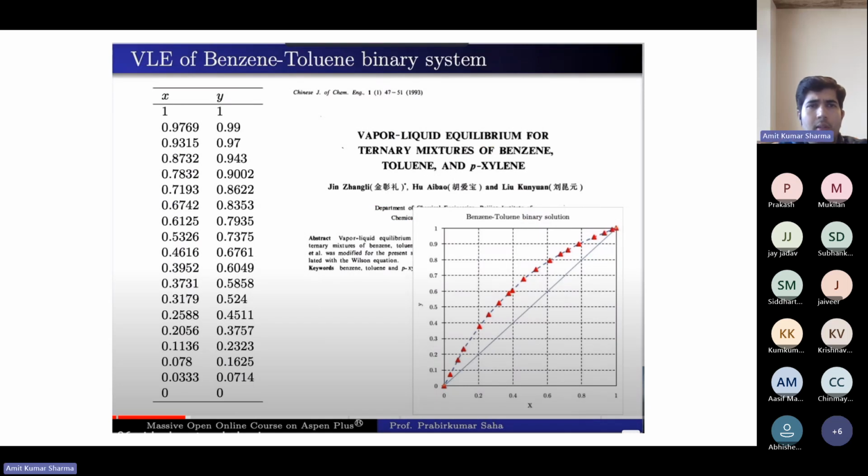This was the example discussed in the class. It's a vapor liquid equilibrium for the benzene toluene binary system. These are data from this paper. You can see the Y-X plot for the benzene toluene binary solution, so you can see the relation.